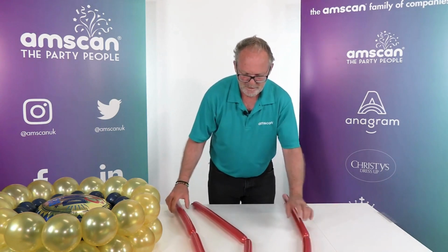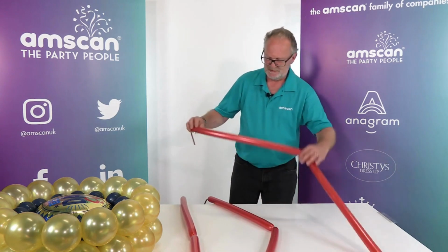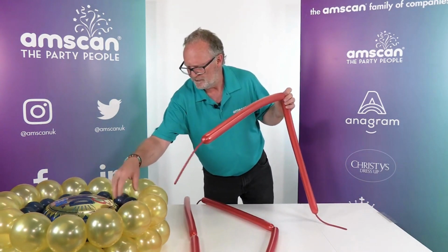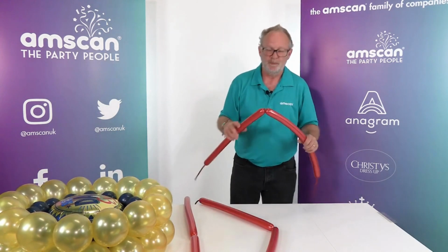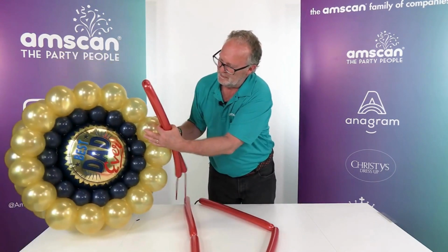So I've got 3 pairs of modelling balloons here, 260. This is Reflex, Sempertex Reflex Crystal Red. Oh, and just in case I didn't mention it, this is metallic gold, Sempertex metallic gold 5-inch and fashion navy blue. But these are the crystal reds, and they're picking up on the colours in the foil